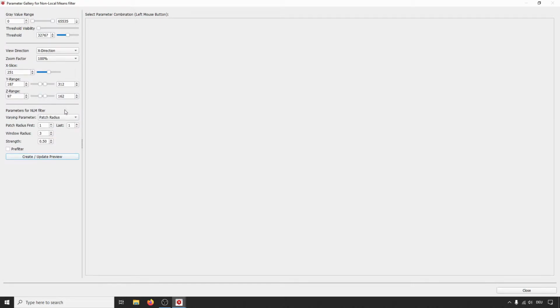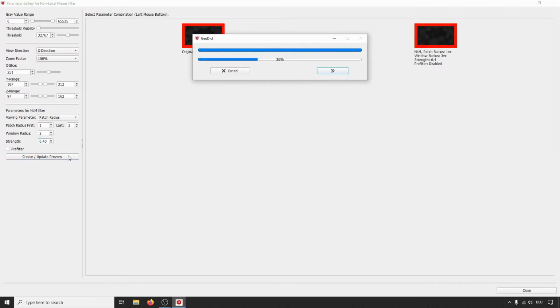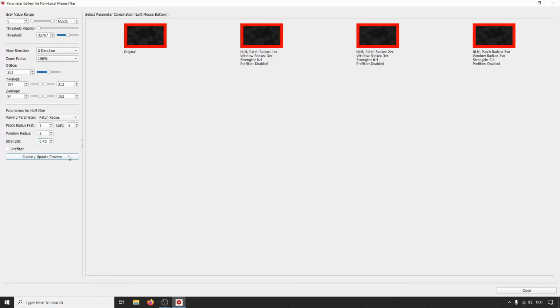We want to start with a value of 1, which is the smallest one, and go until 3. The other ones we keep at default, the window radius, and we decrease the strength to 0.4, since often 0.5 is a bit strong. Then click on Create Update Preview, and you see the very small previews up here.